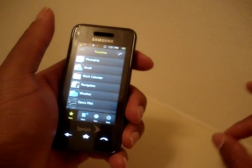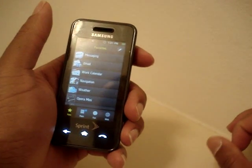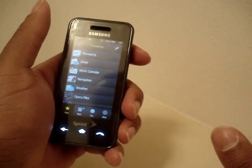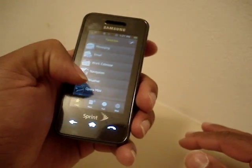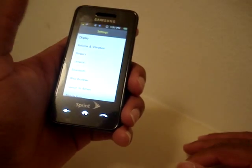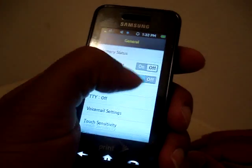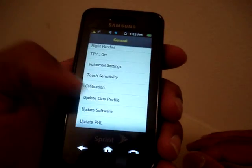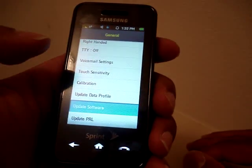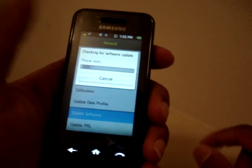Some major changes. When I say something's new, what I'm referring to is that Sprint has constantly sent out software updates on this phone. Now, what's a software update? If you go into the settings menu and hit general, like I'm doing right now, and then look right here, it says update software. When you do that, it's checking for software update,